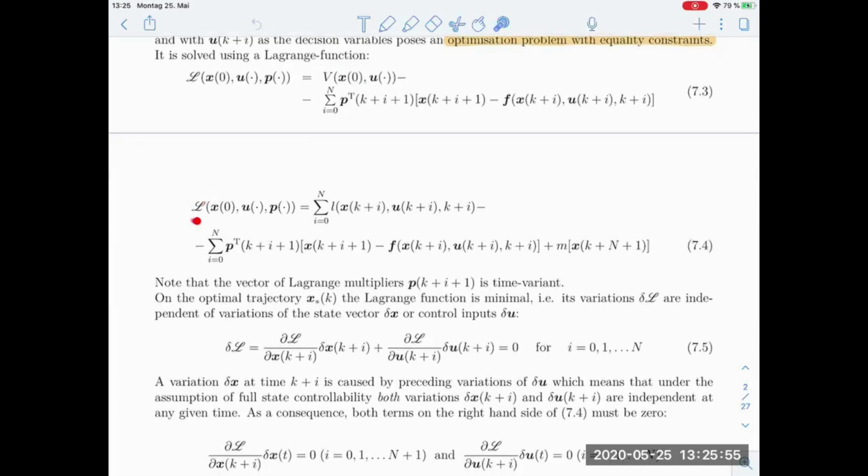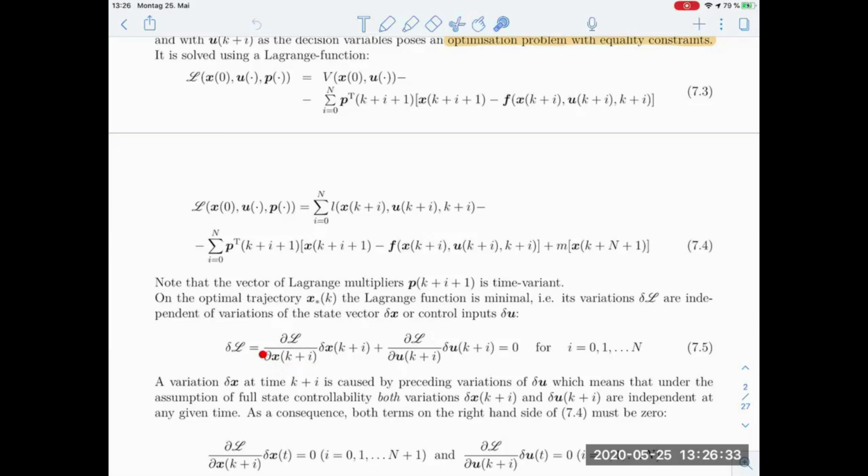When you look at this function, it's a function in u's and in p's, and essentially it's also a function in x's, in the x sequence here. And so what we can do is express the variation of this Lagrange functional as delta L, and then we can write down a full differential, or this variational form, with respect to the x's and the u's, and we will get the expressions of the partial derivative of dL over dx